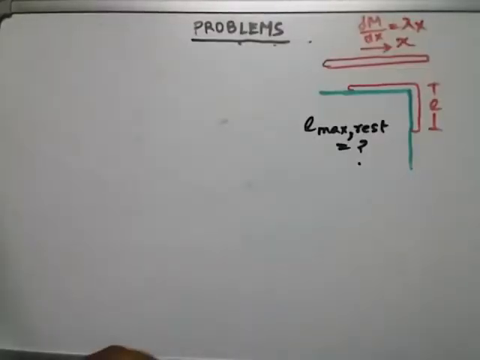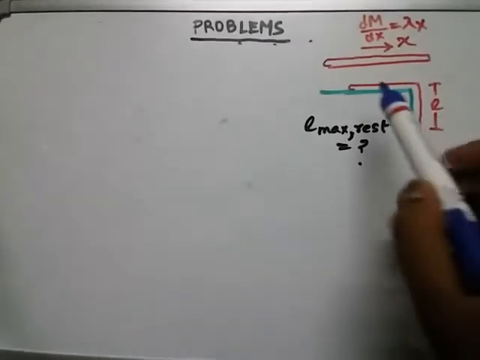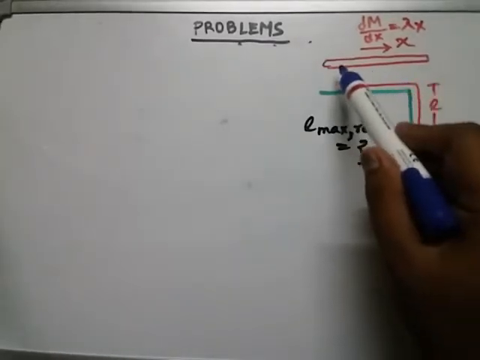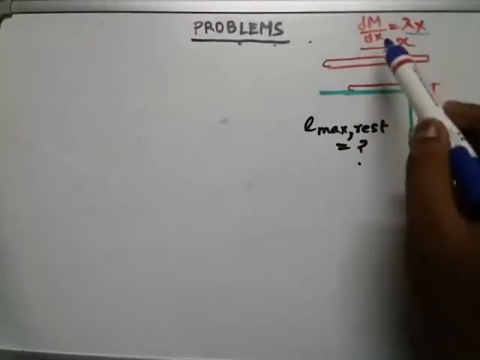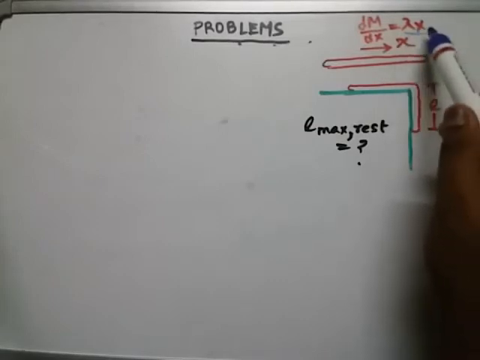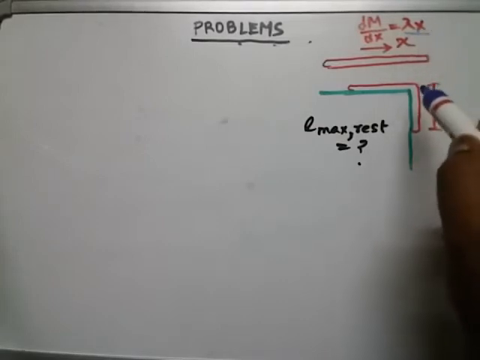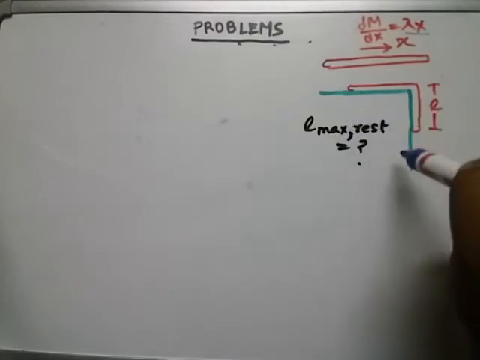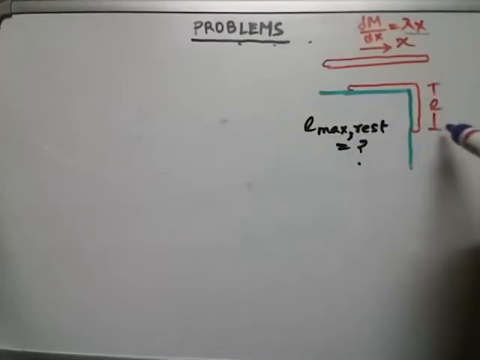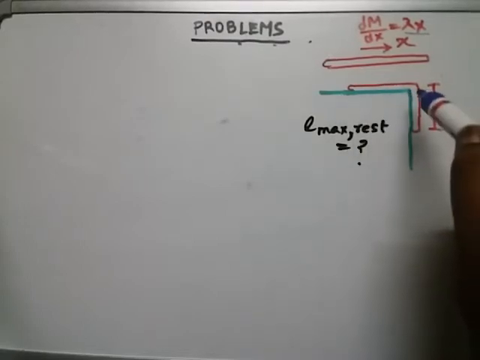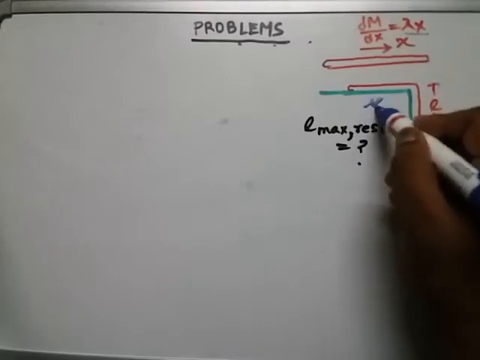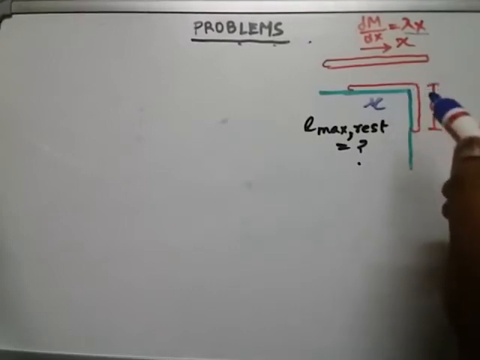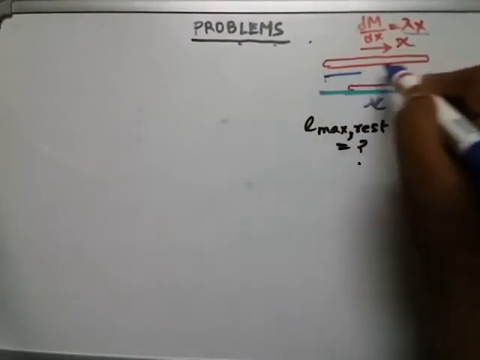So here is another problem. In this problem we have a string and the mass per unit length of the string varies with length. So it is given by lambda x. Mass per unit length is given by lambda x, where lambda is a constant, and the string is hanging over this table, and we are asked to find the maximum value of L such that this entire string remains at rest. Fine. The coefficient of friction is mu. Okay. Now the entire length is given by L0.